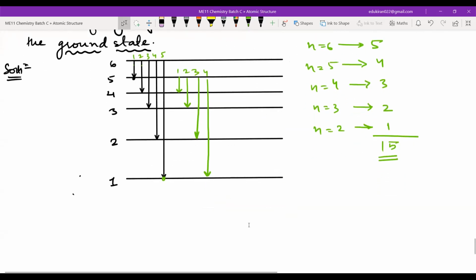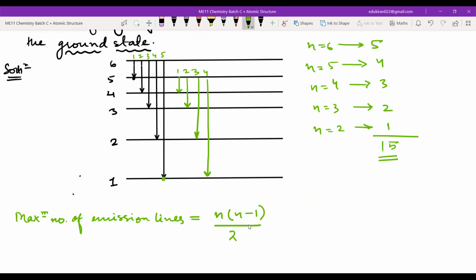I can also write a formula. You can calculate the maximum number of emission lines. Maximum number of emission lines is equal to n into n minus 1 divided by 2. As you can put here, 6 into 6 minus 1 is 5, divided by 2, it is equal to